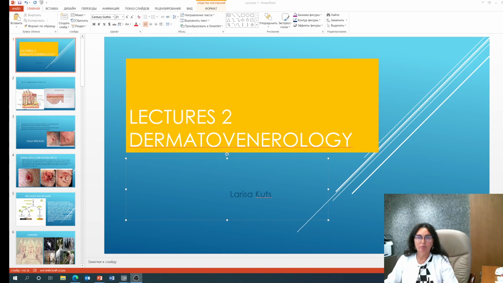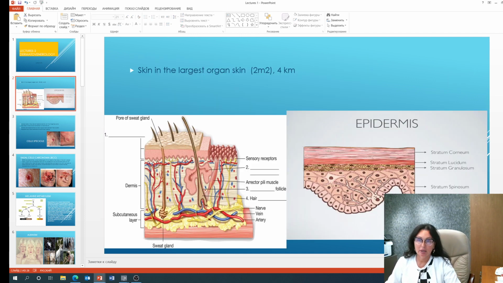Hello again. We continue to discuss dermatology and start from special parts of the body and some diseases according to stratum, different strata and connective tissue. Skin, refresh your memory about the anatomical structure of skin. Stratum corneum, stratum lucidum, granulosum, stratum spinosum, basale, and dermis, and hypodermis, and